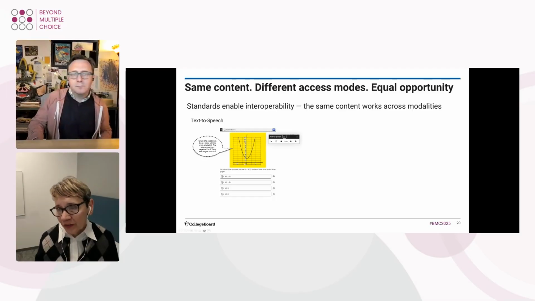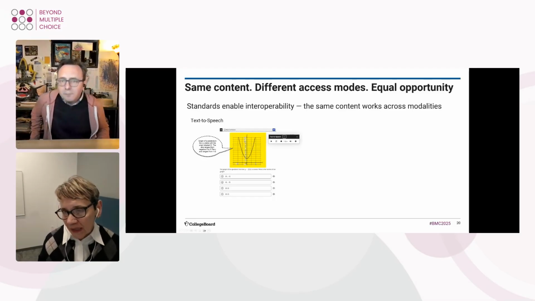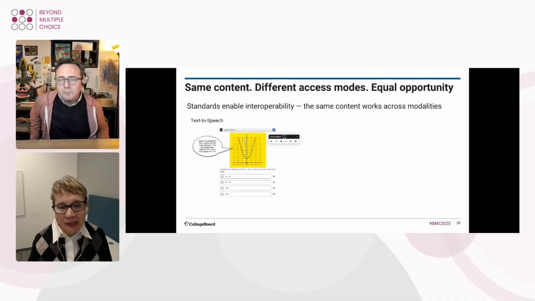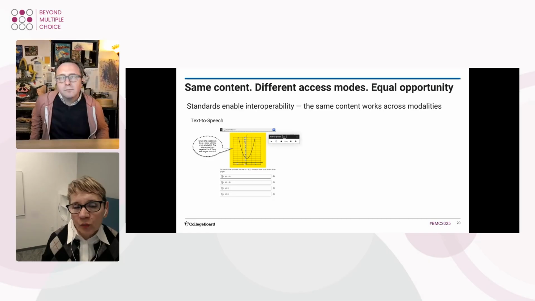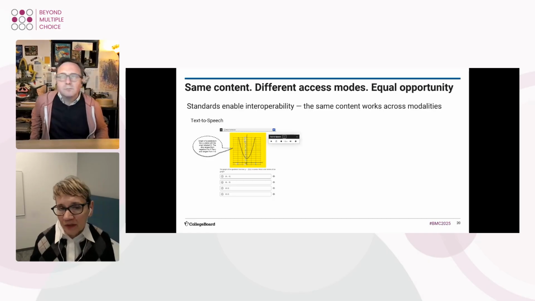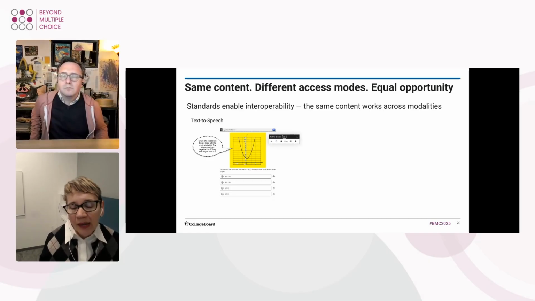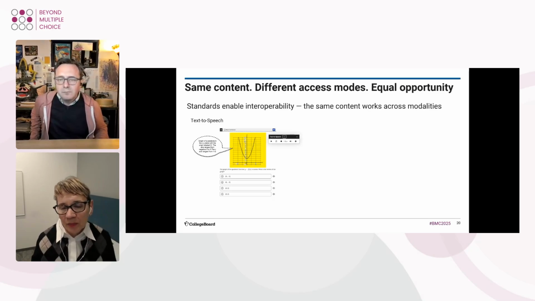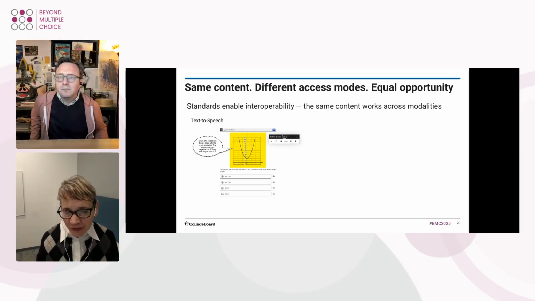graphic. As you see here, we have an item from our Blue Book item bank, and in the call out is what is spoken using our embedded text-to-speech tool. And we can also see an example of a math test item with TTS displayed, the call out in our demonstration here. Now, for the screen reader user,